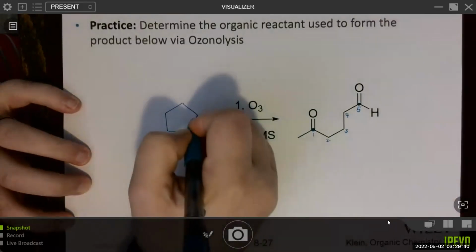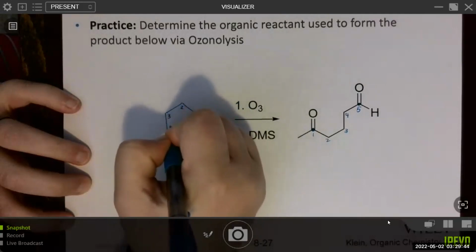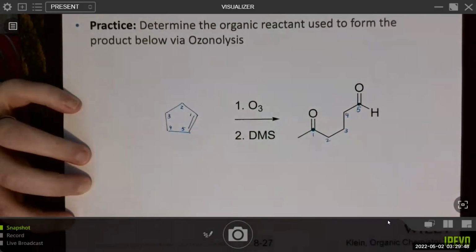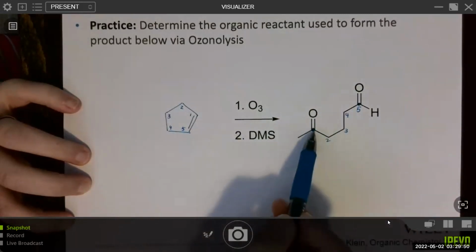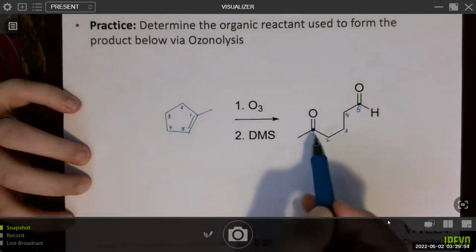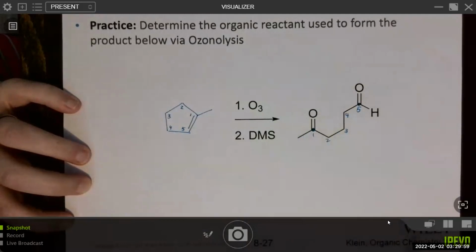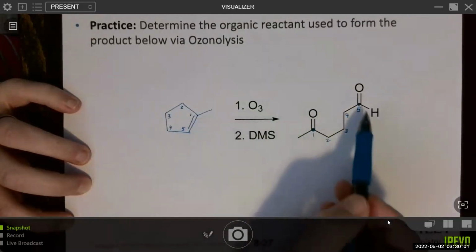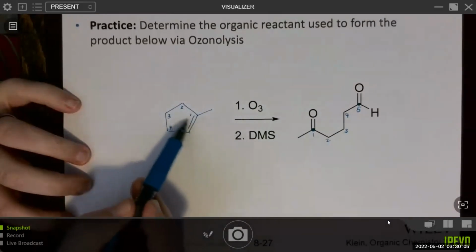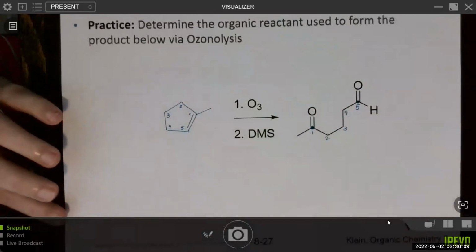Okay, and you can label the carbons 1, 2, 3, 4, 5, where 1 and 5 were previously attached. And attached to 1 is also a methyl. So we'll go ahead and add that carbon. I didn't number it because it's not part of my ring, but I just want to make sure that it gets added later on. And 5 has a hydrogen attached, which we do not need to draw. So if we were to cleave this through ozonolysis, then we would end up with this product.